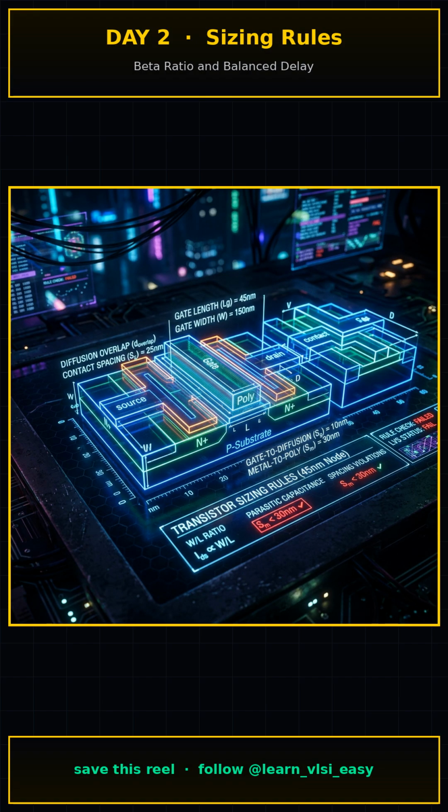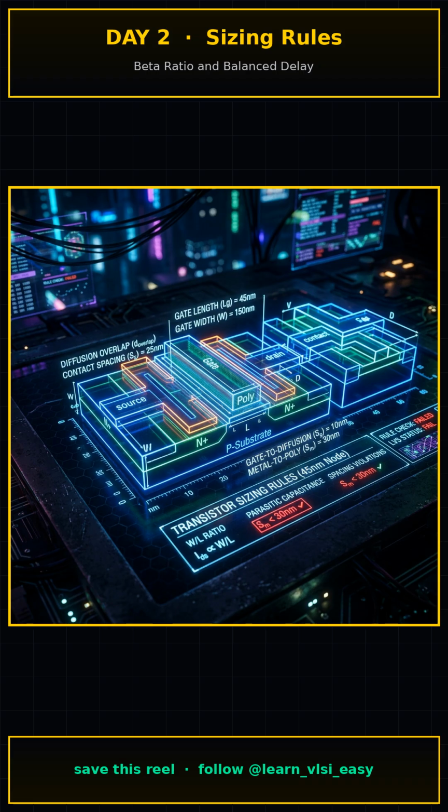To achieve equal rise and fall times, and thereby symmetrical noise margins, we must carefully balance the resistance of the PMOS and NMOS transistors. This introduces a fundamental physical challenge. The charge carriers in a PMOS transistor are holes, which have significantly lower mobility than the electrons used in an NMOS transistor. Because of this sluggish mobility, a PMOS transistor of the exact same size will be much weaker and slower than its NMOS counterpart.